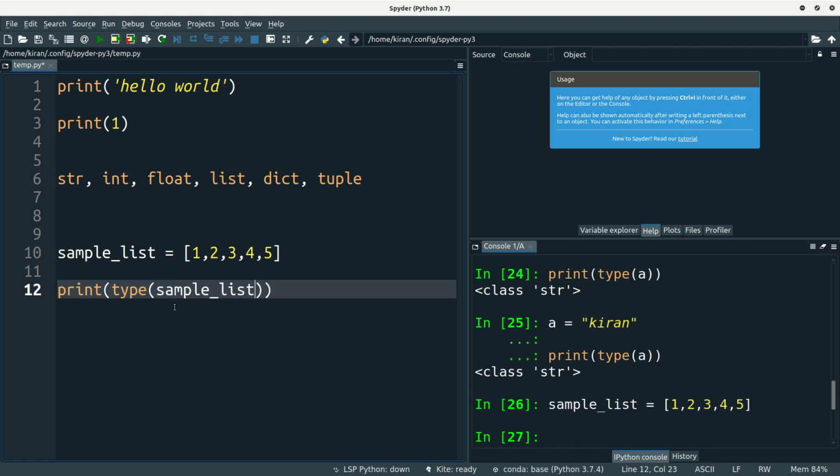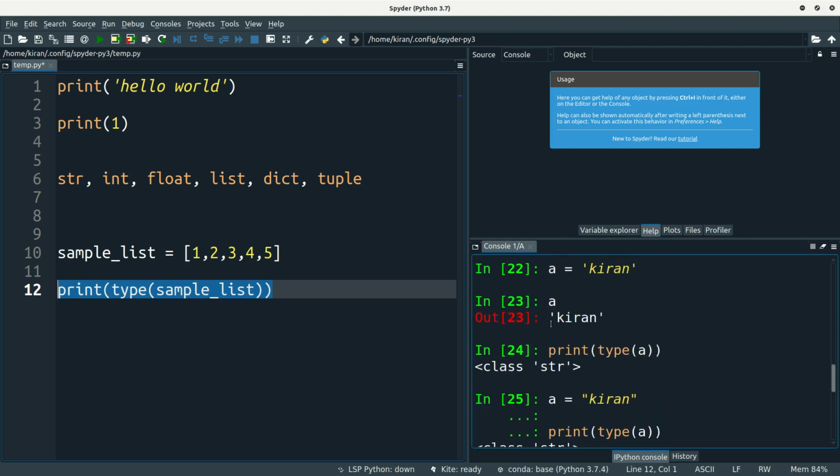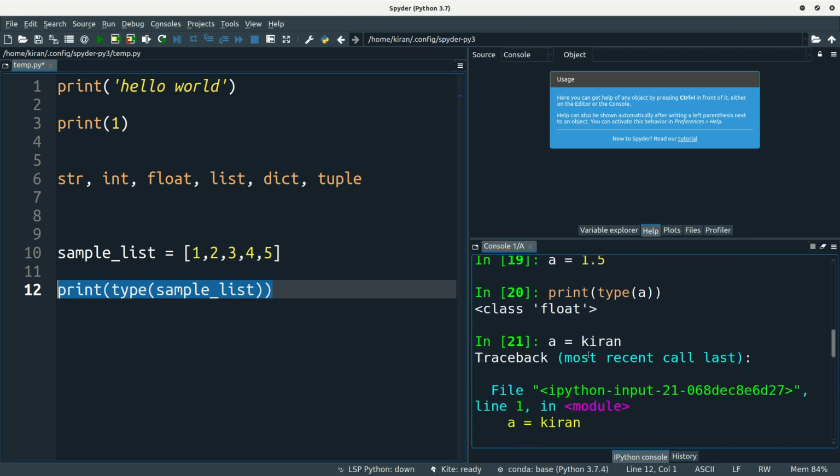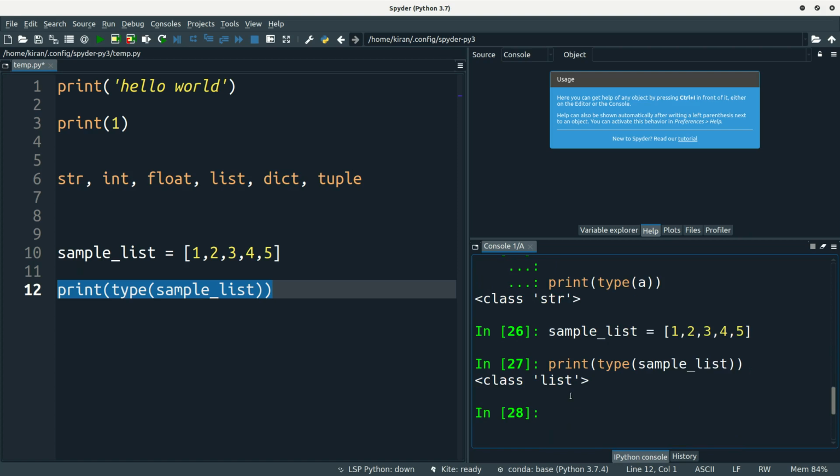I'm just trying to print it here. Here you can see the type is list. Previously for Kiran it said string type, and for integer it said int and float. So for the list you can see list type here.